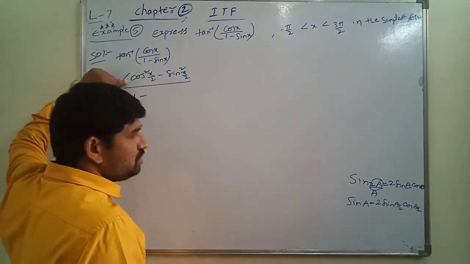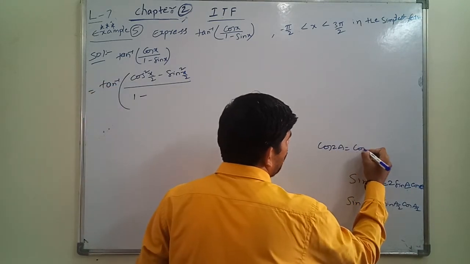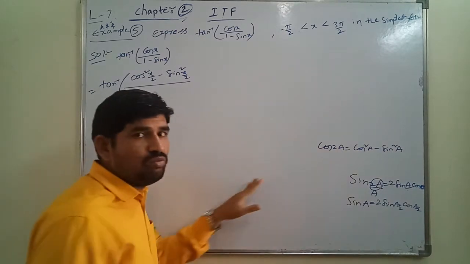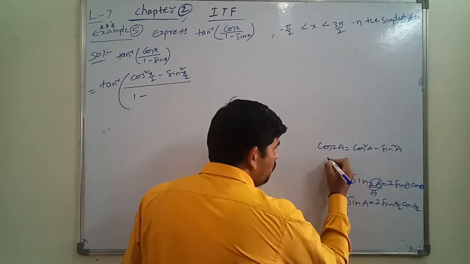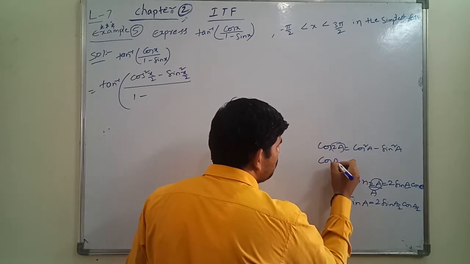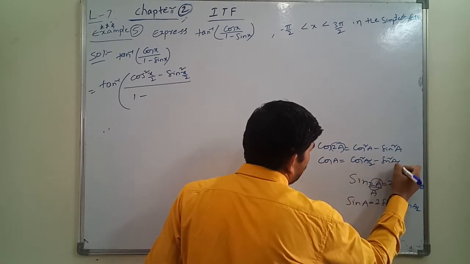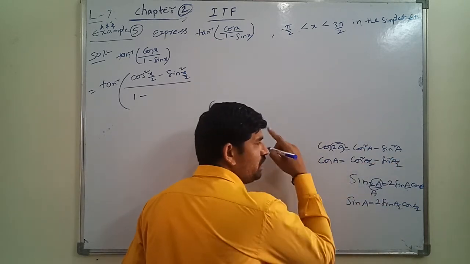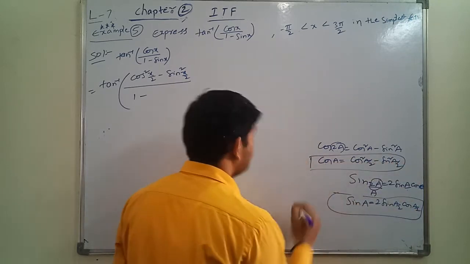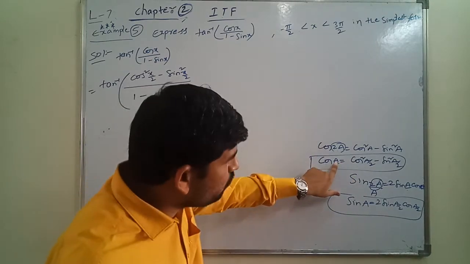And the numerator also, I will explain here. So we know that cos 2a is cos square a minus sin square a. Yes or no? All of you know this formula. So now I will write this cos 2a, in place of 2a I am taking the half angle. So cos a is equal to cos square a by 2 minus sin square a by 2. Yes, this is the formula we are using here. This formula and this one, both formulas we are using. But here we have x, and there just a. We can just replace a with x.